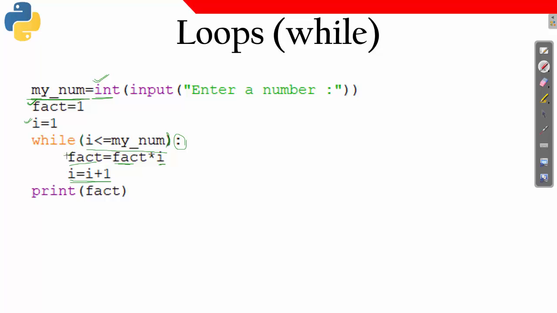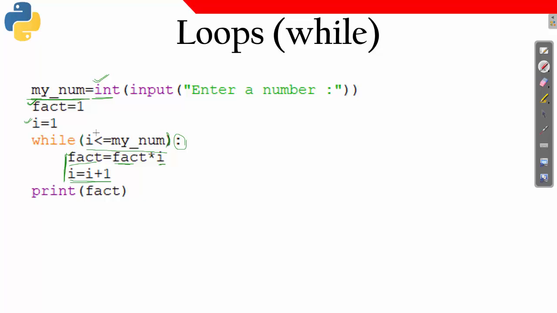So within this while loop, these two statements are getting executed. How long? Every time i is getting incremented, as long as the value of i is less than or equal to num, these two statements will be executing.